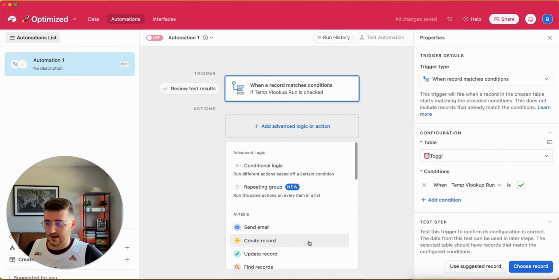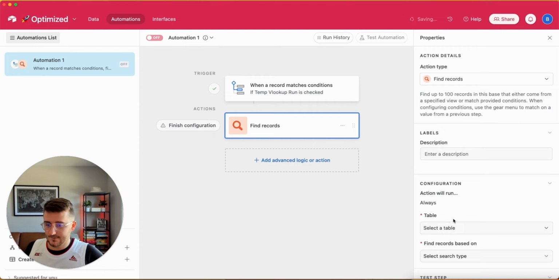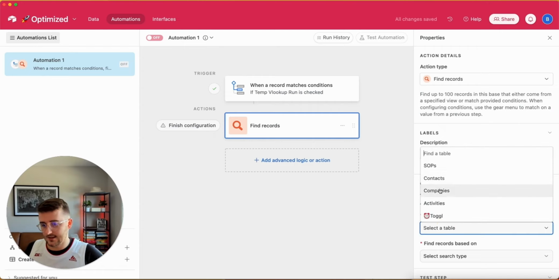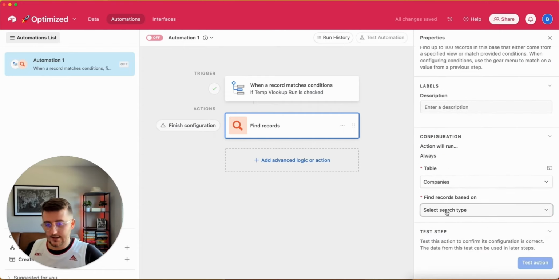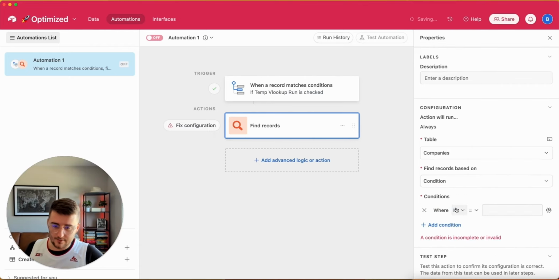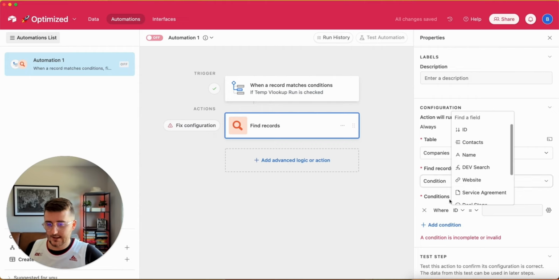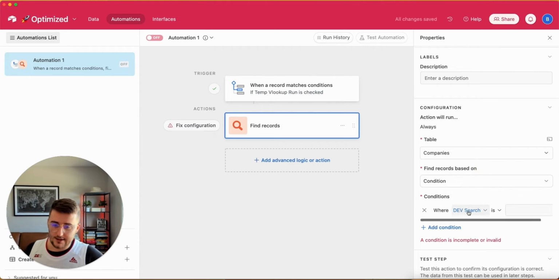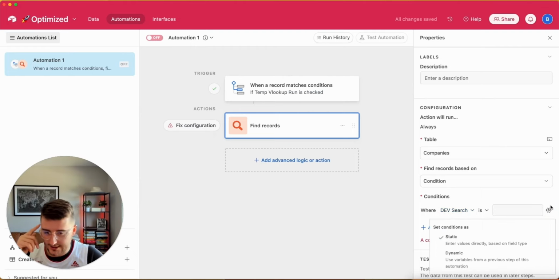Okay, so now what I want to do is find a record in the companies table, and I want to base it on a condition. I'm going to use both those dev search fields. This is going to say what field in the companies table do you want to search using? It's going to be the dev search field. And the key thing here is you want to change this little gear right here. You can click on the gear and click dynamic. So I want to search in that dev search field in the companies table using the dev search field from